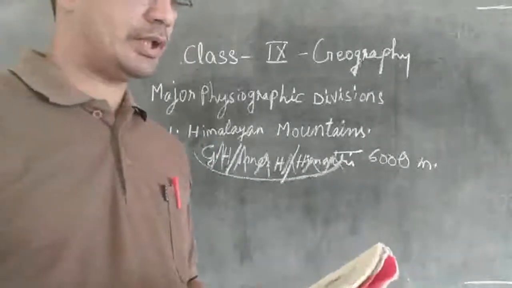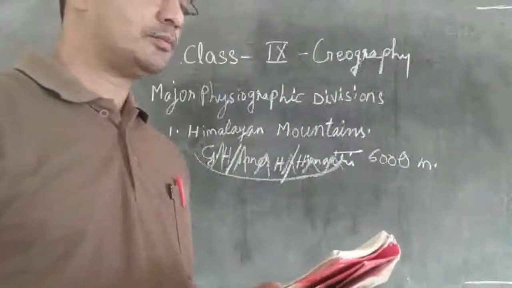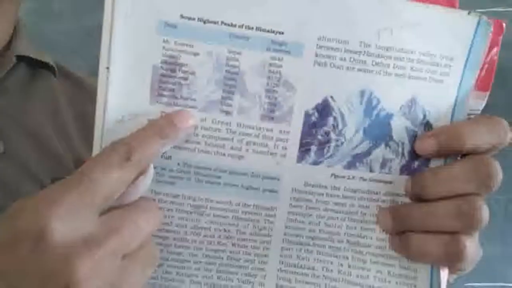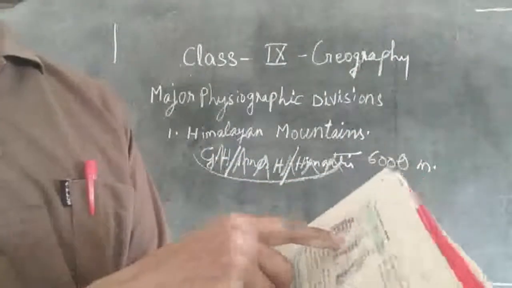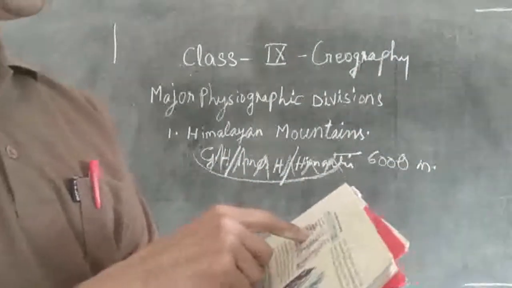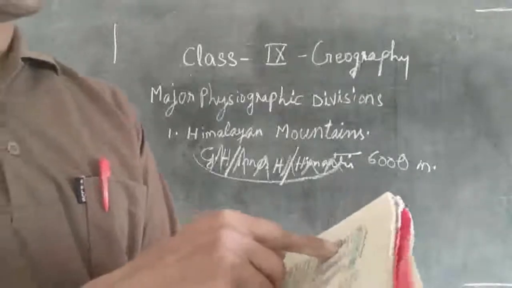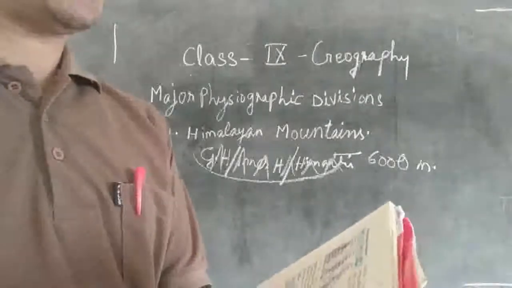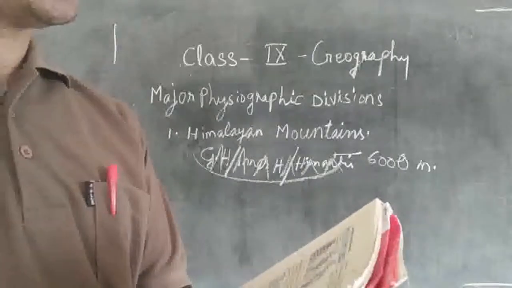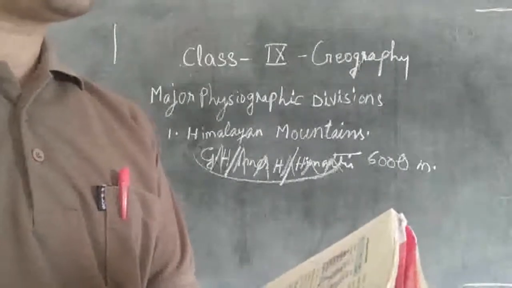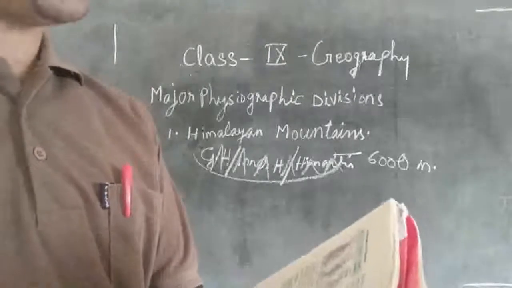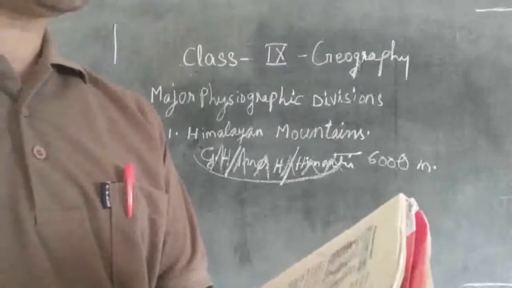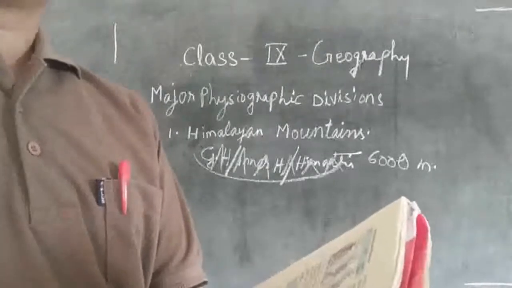So we can also see the names given there. You can see in your textbooks the highest peaks of the Himalayas mentioned. Mount Everest is the highest one, and the height of that is 8,848. Then there is Kanchenjunga, that is falling in Indian territory, and that is also very close to the height of